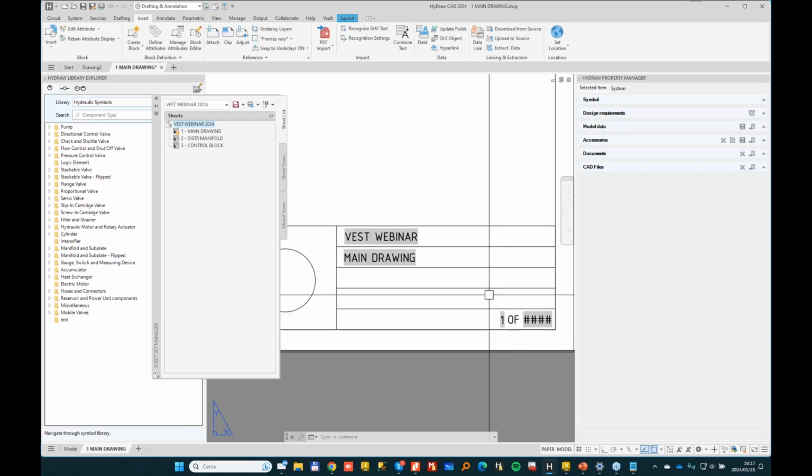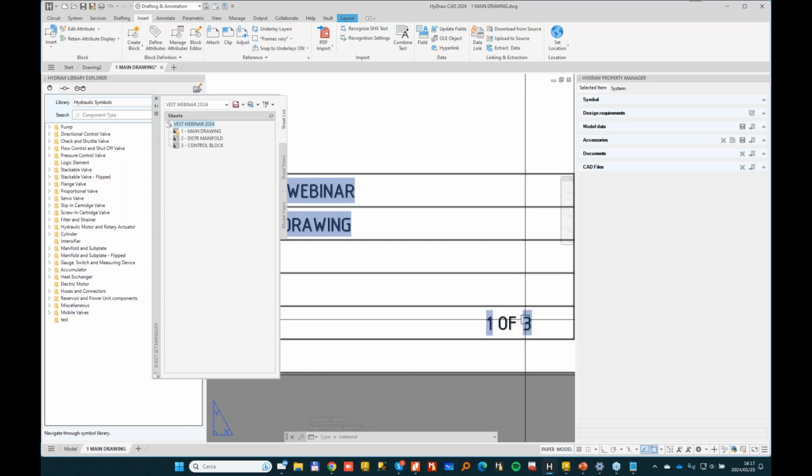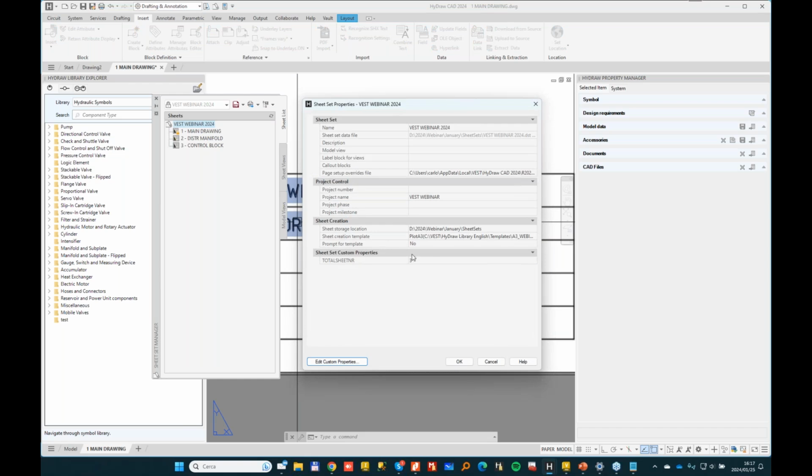And okay. Now, as you can see, by creating exactly that attribute, automatically I get page 1 of 3. If I add additional pages, I will need to manually change the number of pages here. Unfortunately, I didn't find out, and I think it's a current limitation of AutoCAD in general,